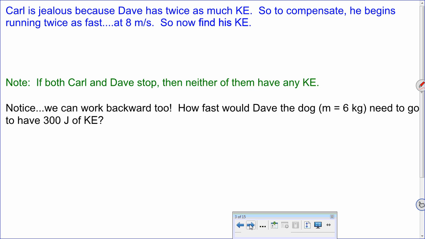So Carl's jealous. He runs twice as fast. So now we've got a mass of 3 kilograms, but a velocity of 8 meters a second. Which, notice, is the same as 4 meters a second times 2, right? Just for clarification, we doubled our velocity. All right, so our kinetic energy ends up being